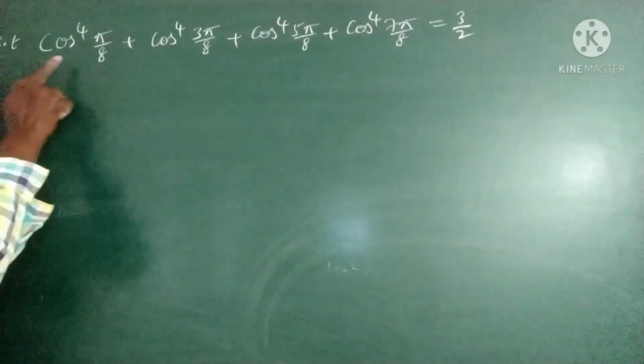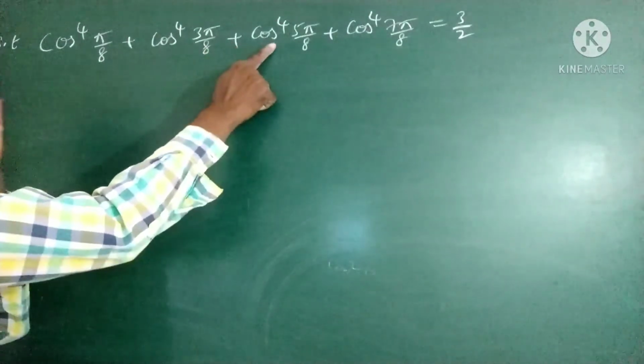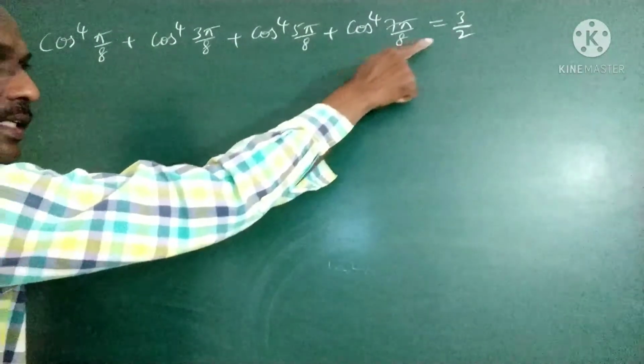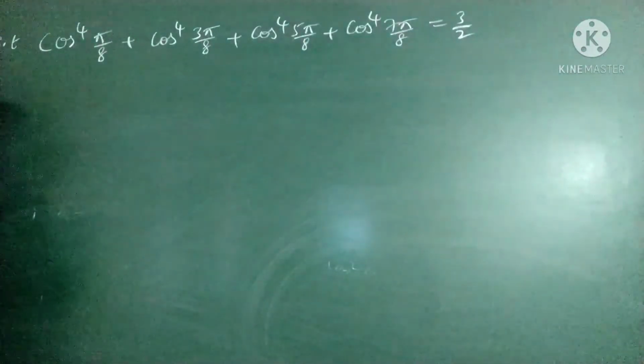Show that cos power 4 pi by 8 plus cos power 4 3 pi by 8 plus cos power 4 5 pi by 8 and cos power 4 7 pi by 8 equals the value 3 by 2, we have to show. So the answer to this question,